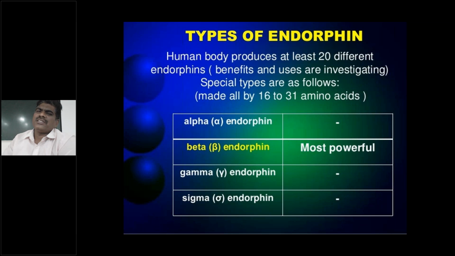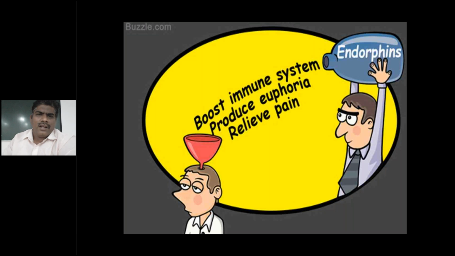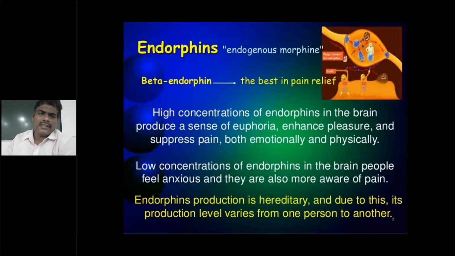The human body produces at least 20 different types of endorphins: alpha endorphins, beta endorphins, gamma endorphins, and sigma endorphins. Among these, beta endorphin is the most powerful. It boosts your immune system, produces euphoria, and is released from the brain. Endorphin is nothing but endogenous morphine, just like morphine is a drug, and this beta endorphin is the best